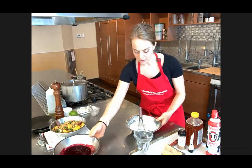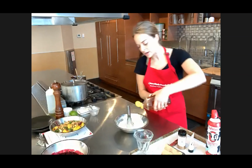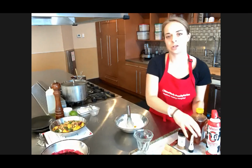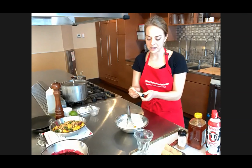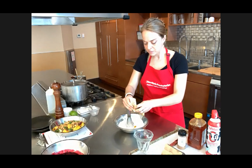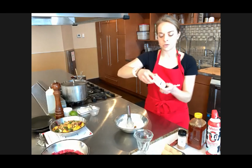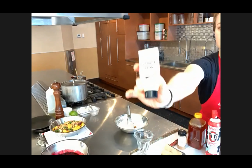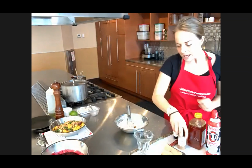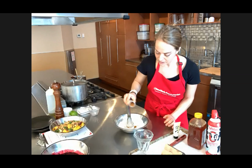I'm going to let that cool down a little bit, and we'll add it to our yogurt. There are a couple of other things going into this yogurt. You can add a bit more honey for sweetness. Keep in mind you've already added the whipped cream, which may be sweet, so you might not even need that extra honey. That's up to you. You can taste it and see. Let's add some vanilla bean paste. This is the kind I'm using today, but you could use vanilla extract. I don't know if you guys can see that. There you go. And I'm going to add a little touch of cinnamon, both for flavor and